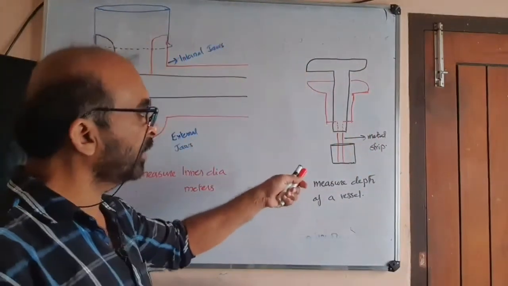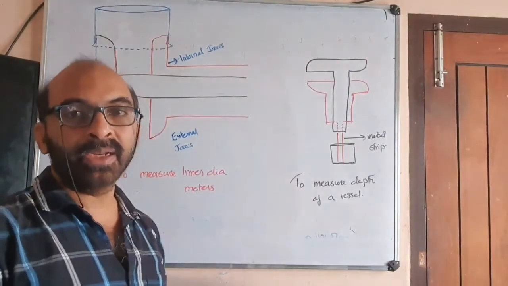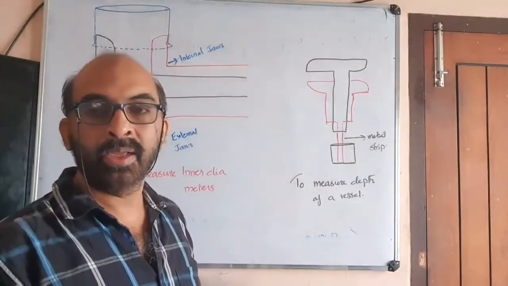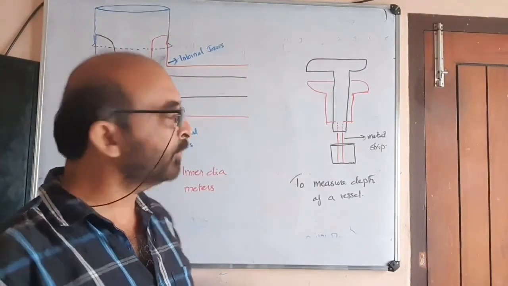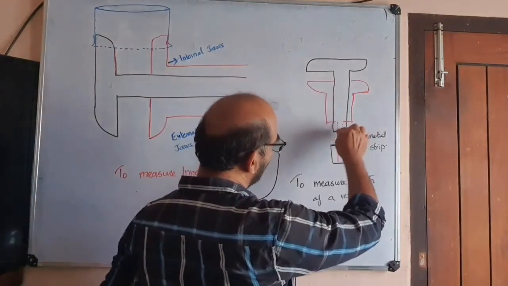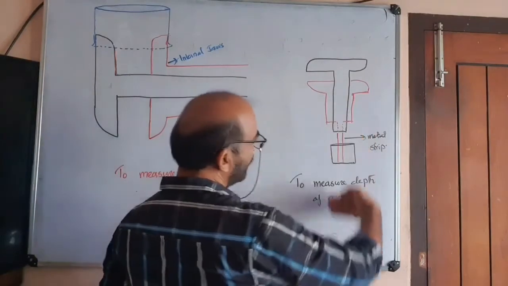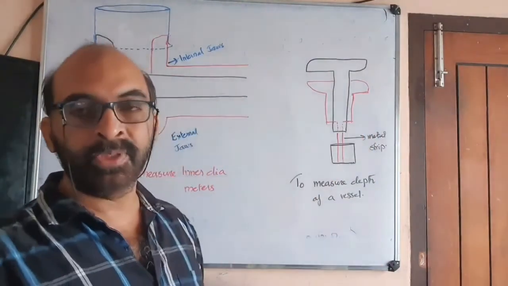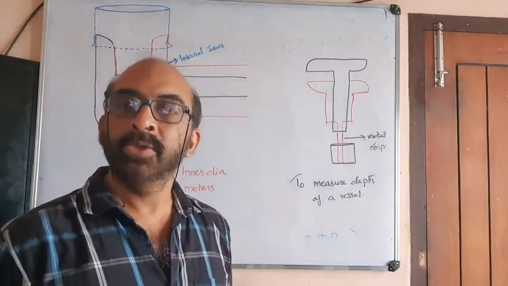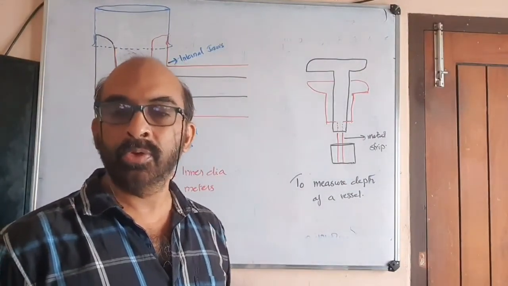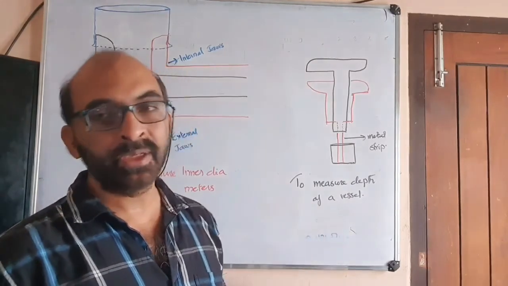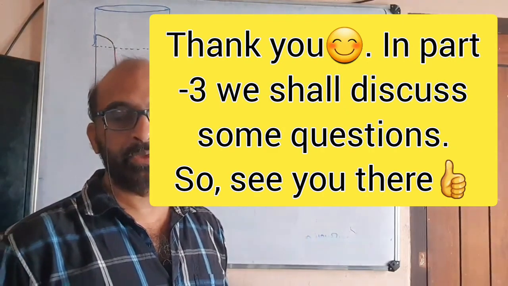Now, look here. The same vernier caliper, when held in a vertical manner, can be used to measure the depth of a vessel. For this, the strip of the vernier is extended downwards. It can be moved to the depth, whereby we can measure the depth of a vessel. So please remember, there is no requirement of any new instrument. It is 3-in-1. The same instrument can be used to measure all these three. Okay, take it.